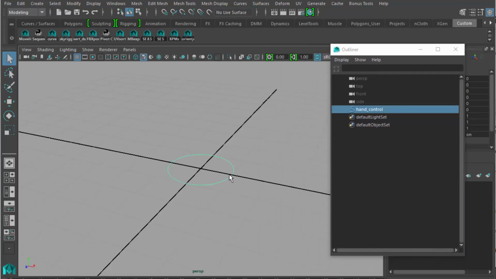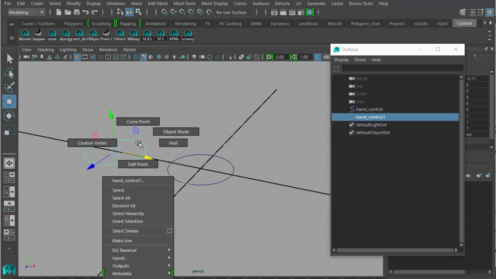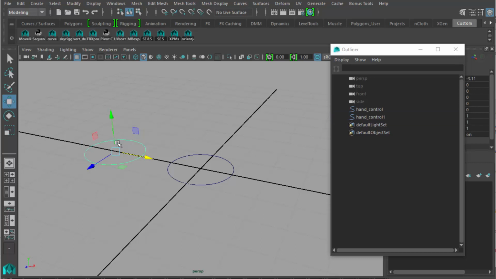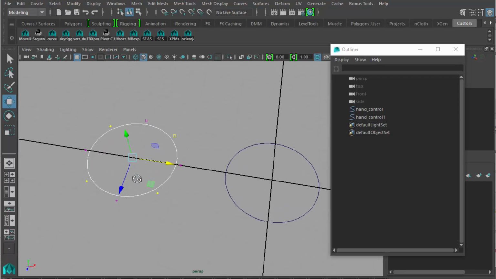So some of the other variations you can do is if you simply duplicate what you have on screen and move it over, you can right click on the object and then go into component mode using a control vertex. And at that point you can select every other one of the control vertices like so, and make a very nice and different looking control by simply scaling these to get more of a diamond shape, square shape,